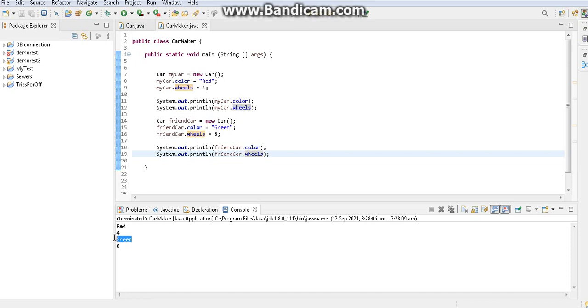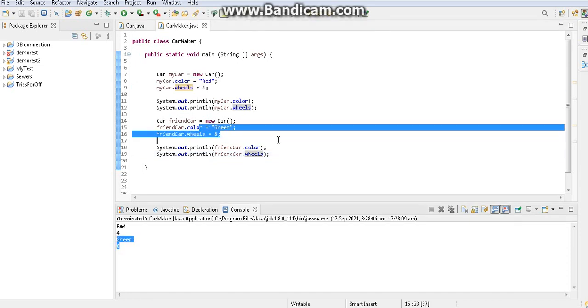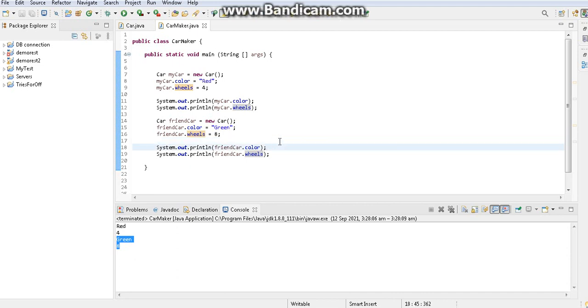Then my friend's car is green, so green and 8 are printed. See, red and 4, green and 8. So you can create any number of objects or products from a template. You can create any number of objects from the class. The only rule is using the new keyword, and you can assign the values this way.